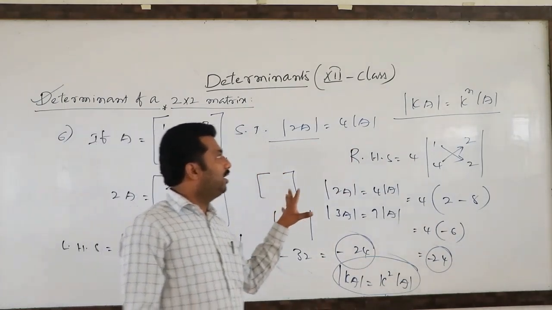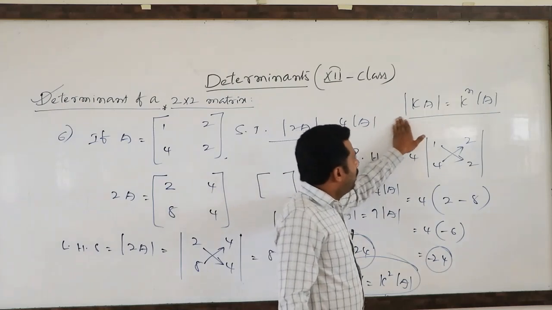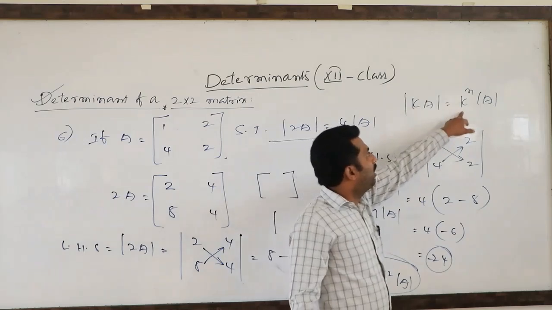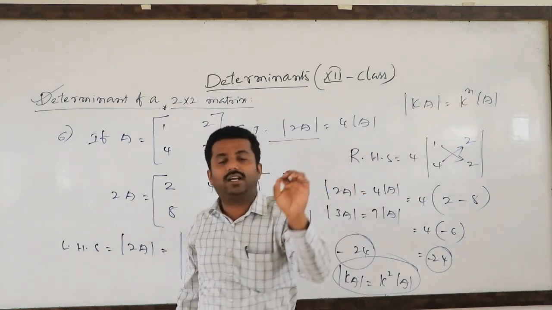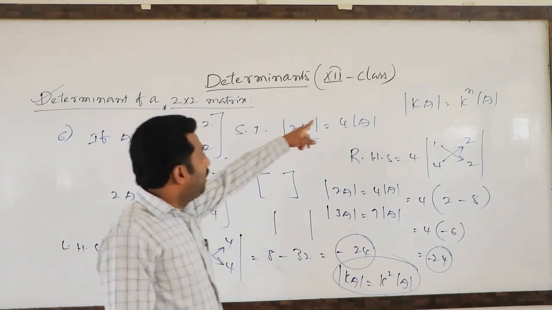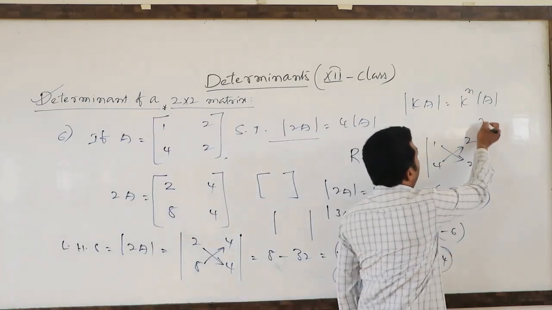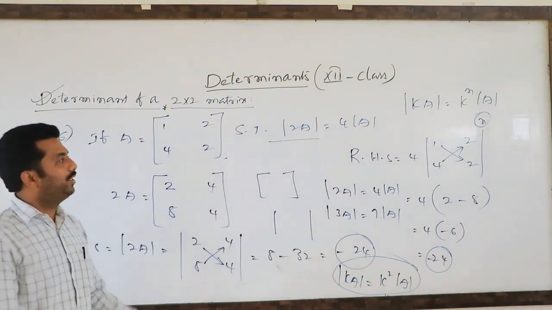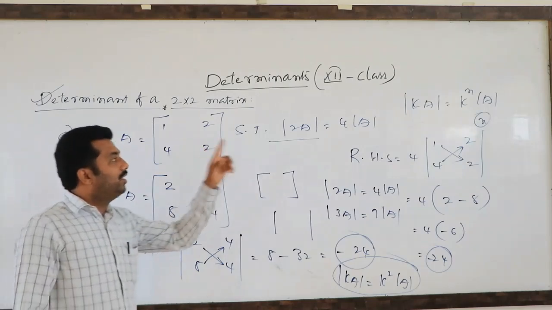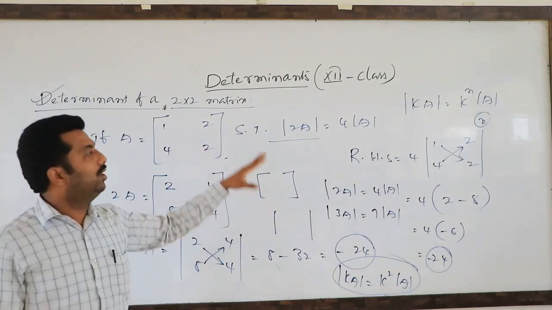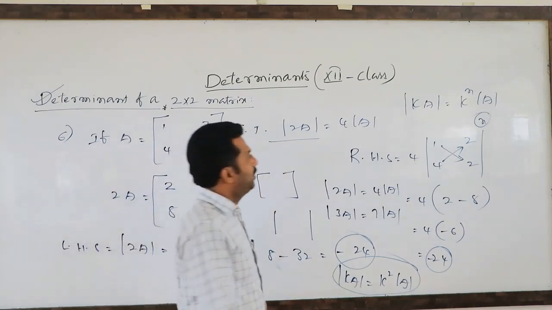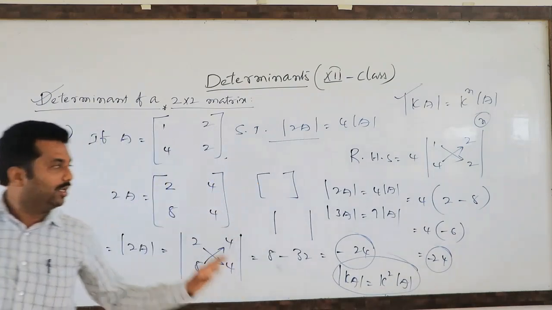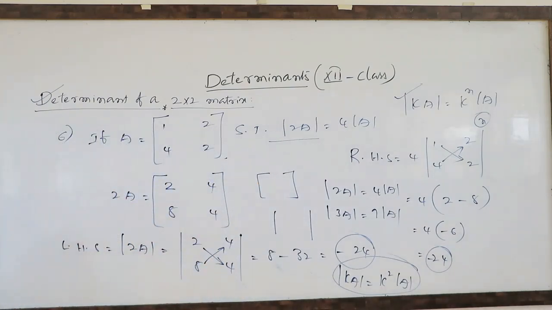Simply they will ask one question. A matrix is satisfying an equation like this: determinant of kA equal to k power n into determinant of A. What is the order of the matrix capital A? Order of the matrix capital A is nothing but n, you have to write. So this is a most important note point, it is one of the properties of determinant also. Later in the next exercise we will discuss this type of concept. Okay. Now if I tell you, you cannot understand, simply you have to understand like this. Next.